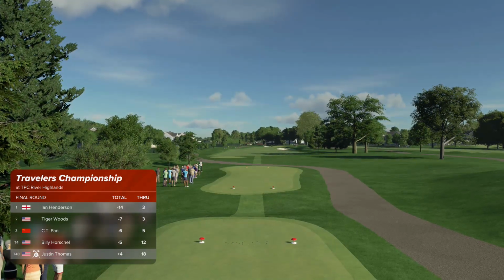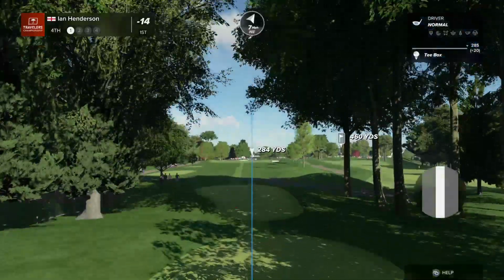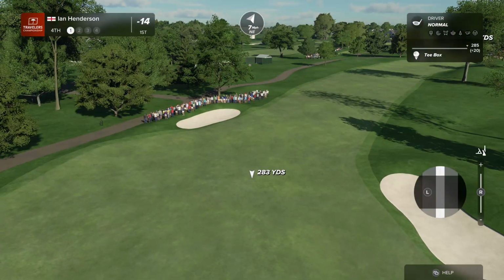I lay up with a 3-wood. That's how hard it's blowing. I lay up with a 3-wood to about 70, 80 yards. And this little green's a little peninsula. It goes from left to right, a little bit of a fade if you're a right-handed player, with